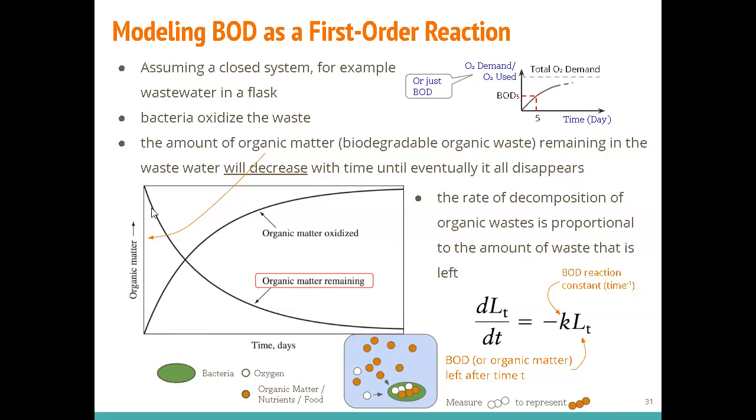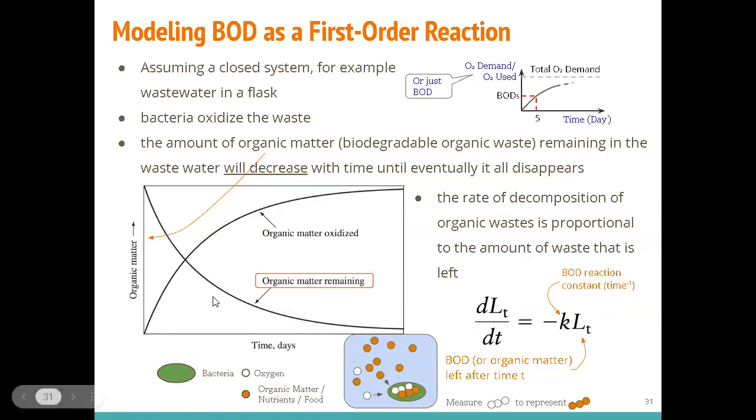Meaning that if you have a higher organic matter amount here, right? This is the axis for organic matter, right? If you have a higher amount of organic matter, the change is larger or faster. The slope here is steeper, right? If you have a small amount of organic matter right here, we're talking about this region. Smaller amount of organic matter, slower change. The slope here is not steep, right? Steeper here, not steep in here.